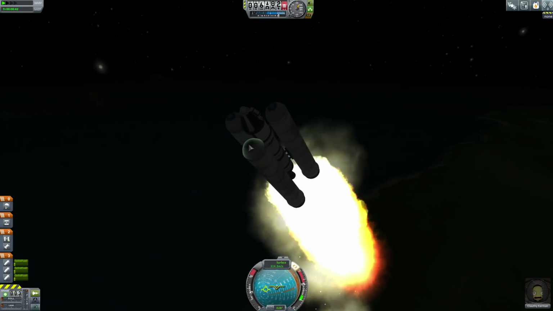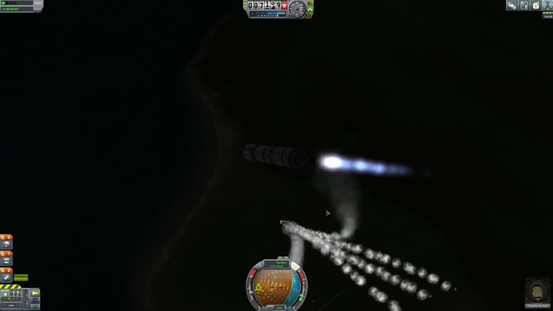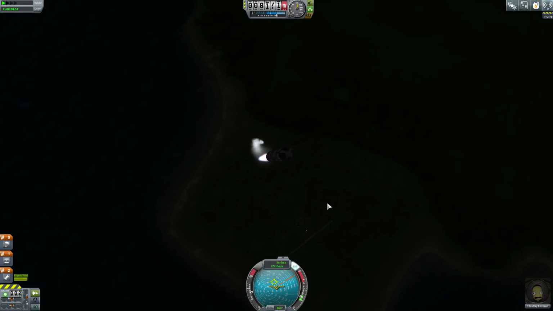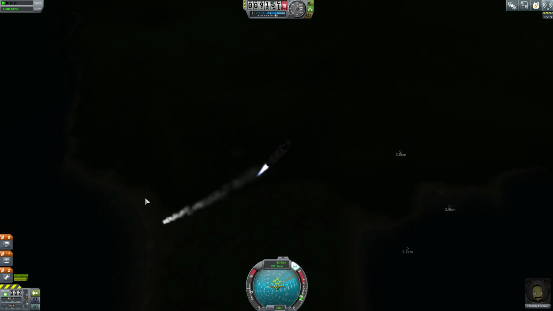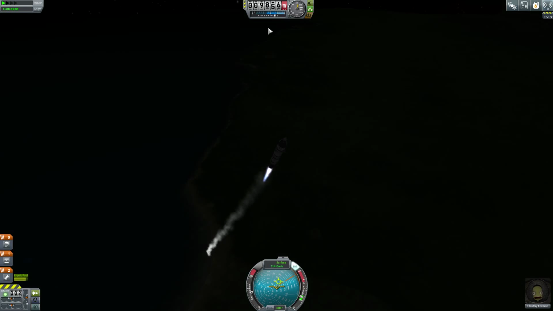Oh shit, oh shit, oh shit. Decouple. I have no idea what just happened. And why the hell we could not be stable. Okay, fly like this. Oh, and of course I can't see shit. So, we need to get...